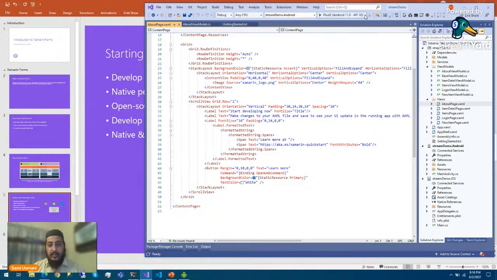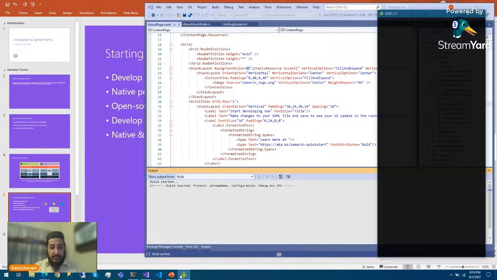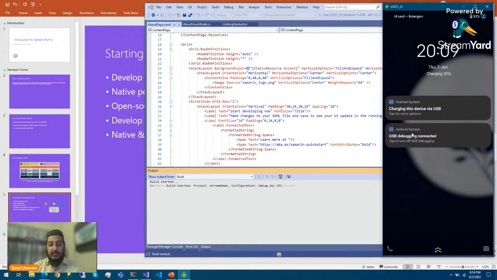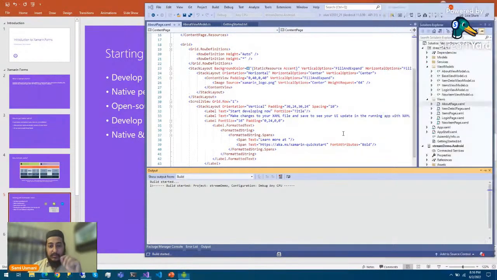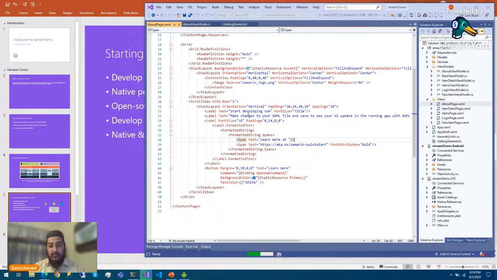While I'm talking to you, I can run this application in the background and tell you something about it. Here is my device, I have mirrored it. As this is the first run of the application, it will take a little bit of time because it is compiling and building all the projects for the first time. Meanwhile, we can understand what XAML is and how we can design our application.